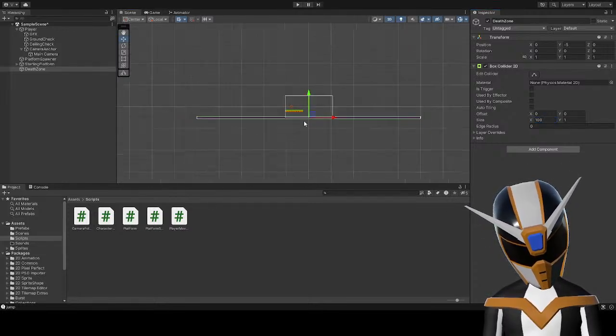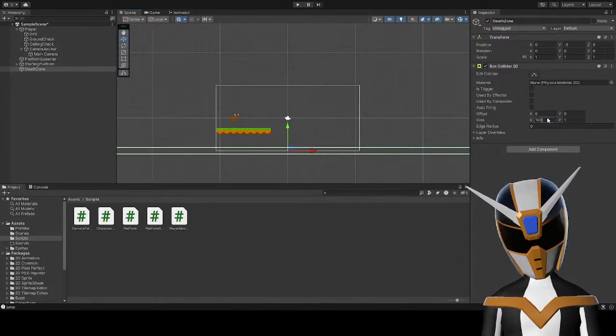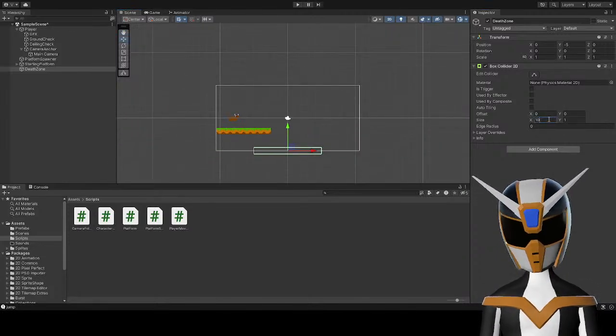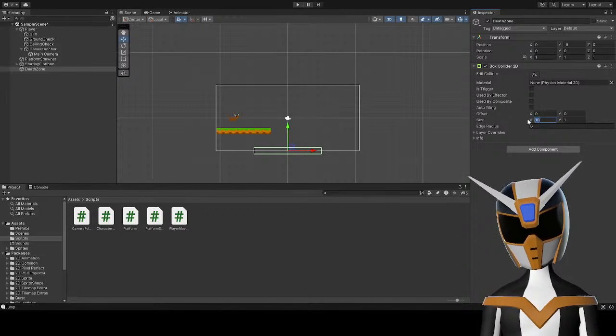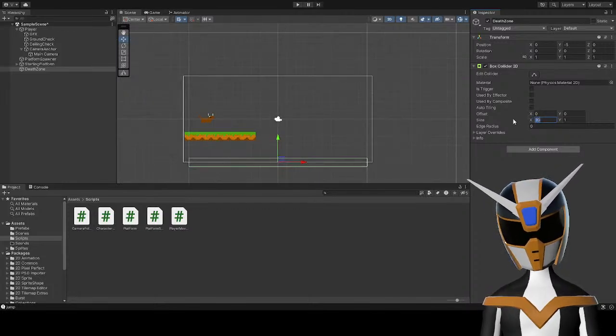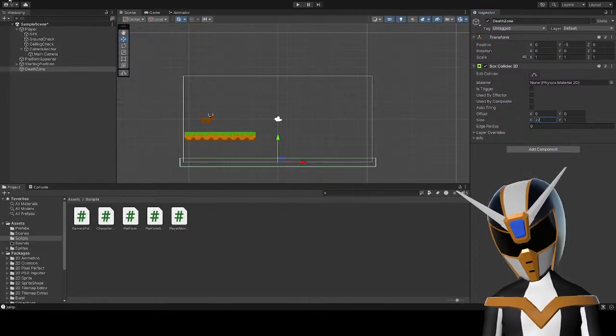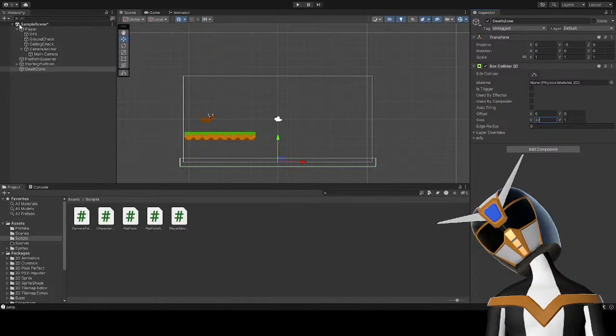The thing is, I want this game to be able to go infinitely. So this is going to need to follow the player. And so is the camera. I want this to be 22, so it stretches across the whole width.